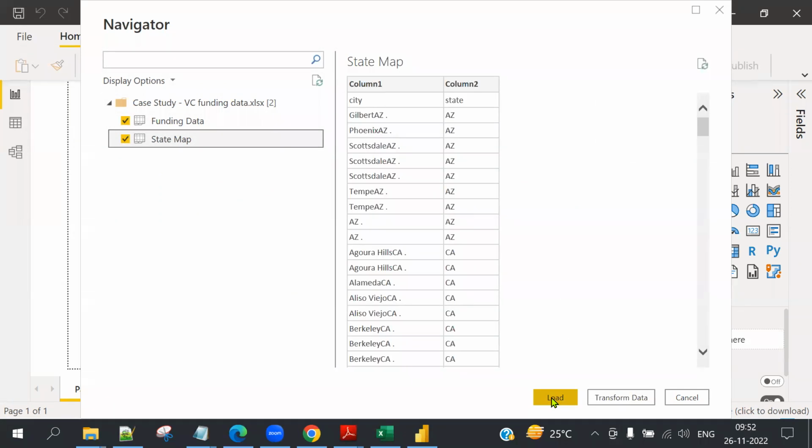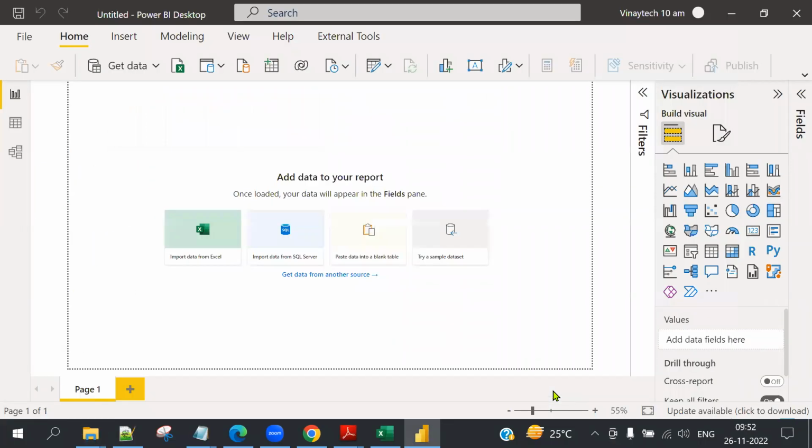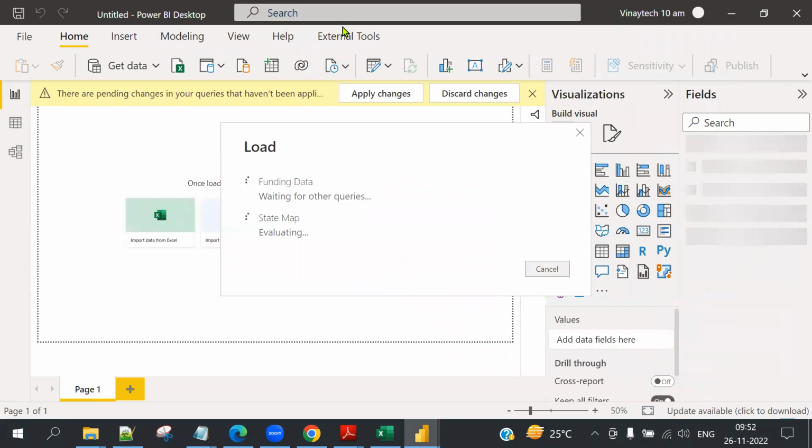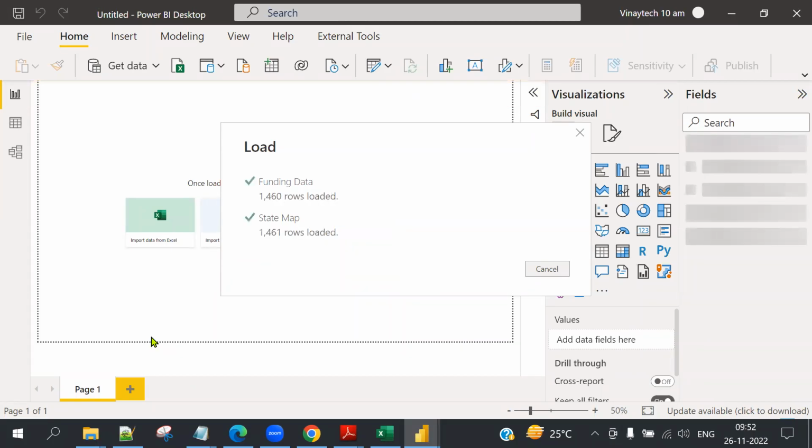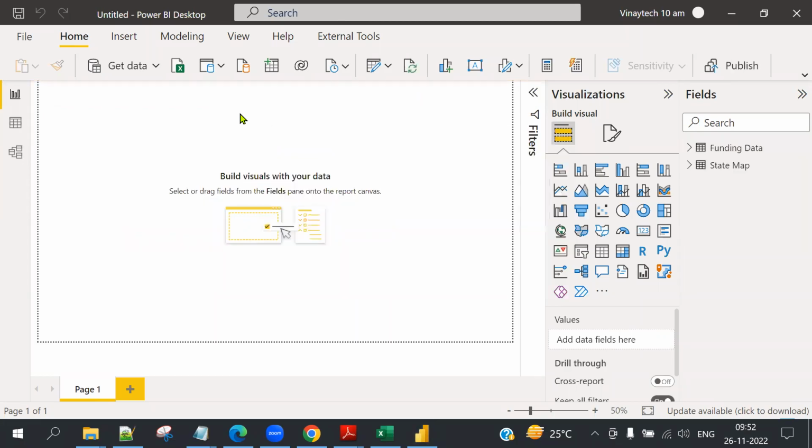Shall I click load? No. But it's a good practice: always we need to see the data first. We can go directly, that is also true, as we all know. Otherwise, look at this.